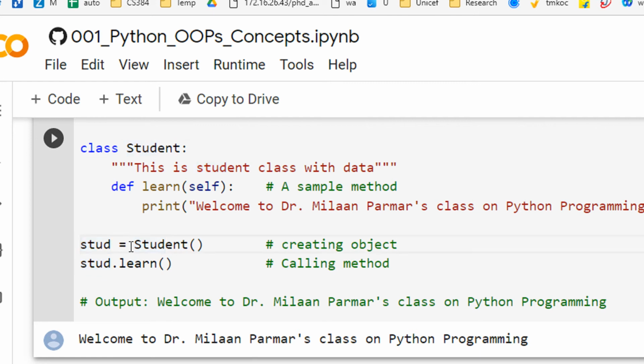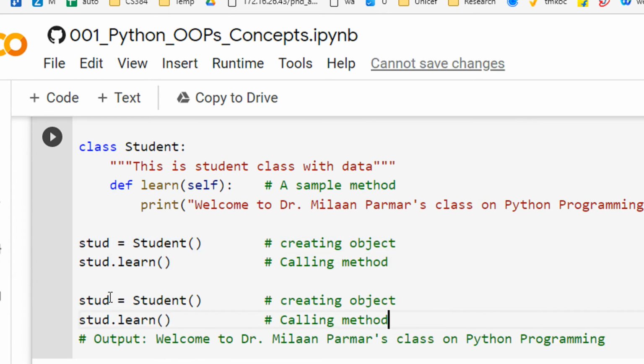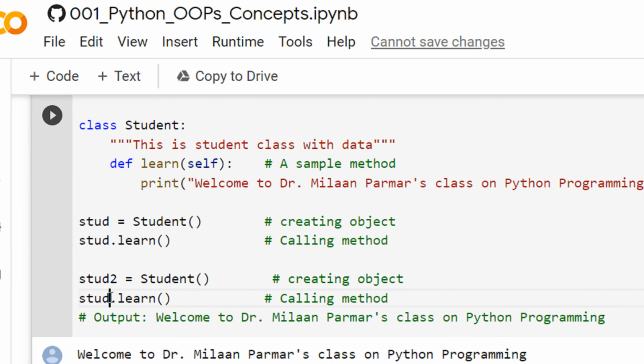So how do you define a student object? You just write the name of the class. You can see student is the name of the class, and you give a parenthesis like a function, and then you define objects. How do you call this learn method? We just type the name of the object and then type the name of the function. If you want to create another object, let's say this is student2,